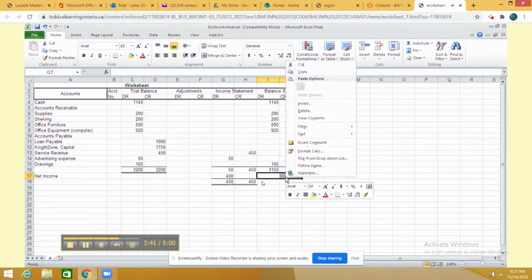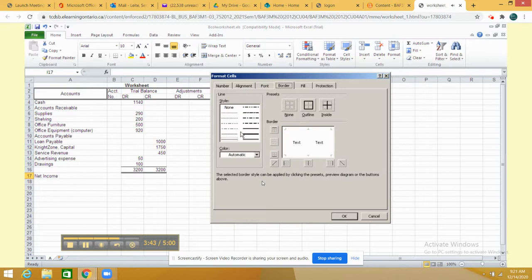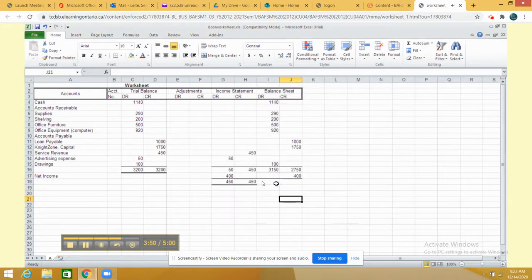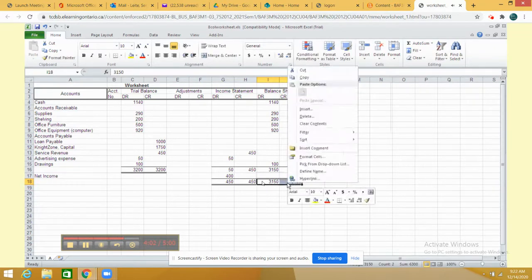Again, we'll put two single underlines here. Right there. Of course, this is 3150. And this is 3150, as it does add up. I don't need the formula to do that. I could put one in if I would like. And to finish it off, let's format those cells